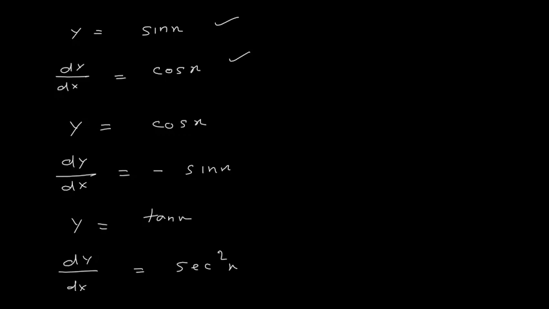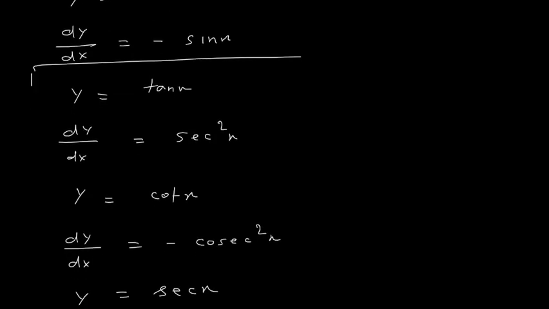So if you remember sine, then the derivative for cos is easy to learn. The derivative of cos is minus sine. I'm not saying that you do not have to learn. You have to learn, but it will be easier if you see some relationship between them. Now, when y is equal to tan x, its derivative is sec square x. So when I take cot x as a function, its derivative will be, now here it is a square function. Here also I got a square function. Here I got sec square, so here I got cosec square. And one more thing, as it is starting with c, I am getting a negative sign.